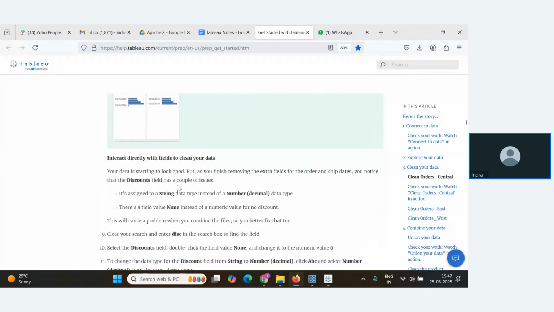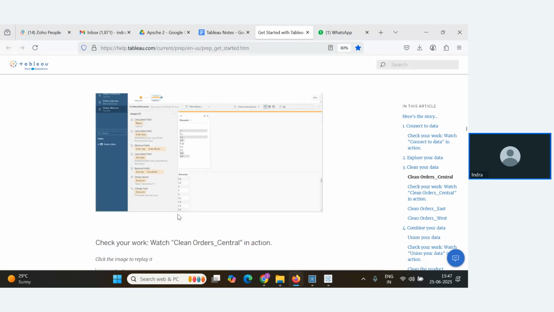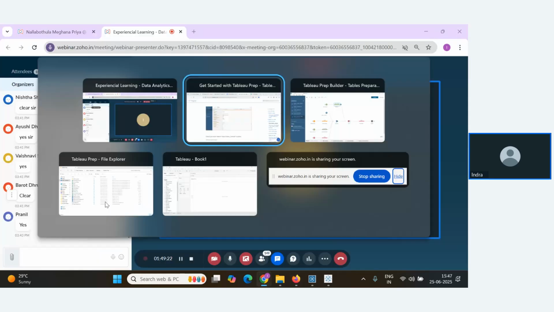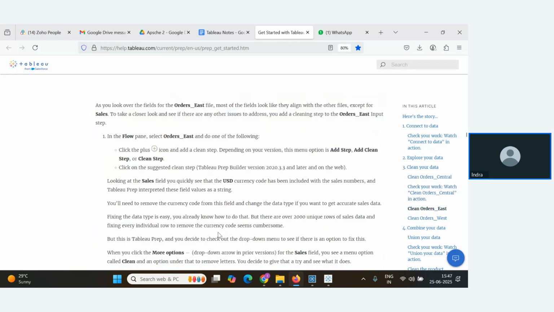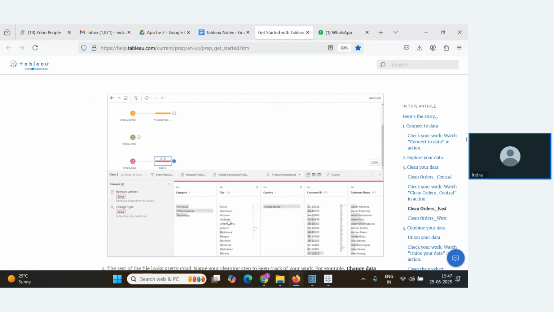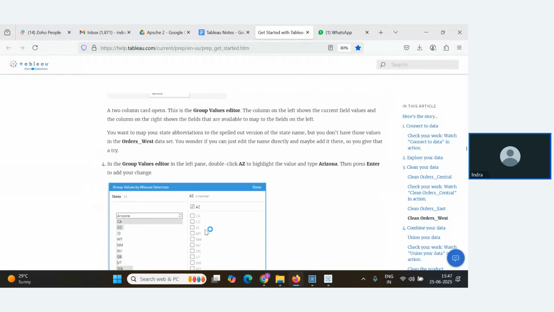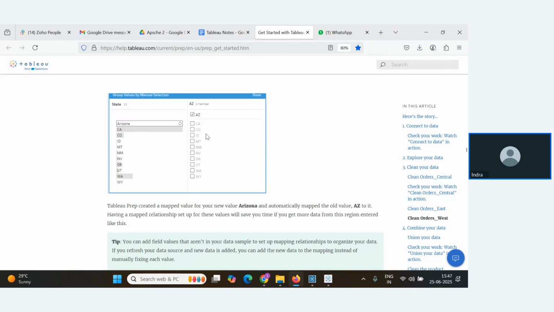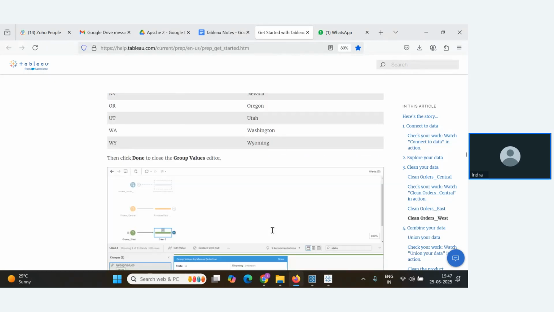After that, we have removed all the columns. We have changed the data type. Like this, all the changes, whatever we have done, we have referred it from here. Okay. You can explore this also. Even you can check the recordings for this session also. Whichever you find convenient, you can proceed with that for understanding. But I hope this is clear. So this you can see we are given the name to the fields. Okay. This for the name of the states.